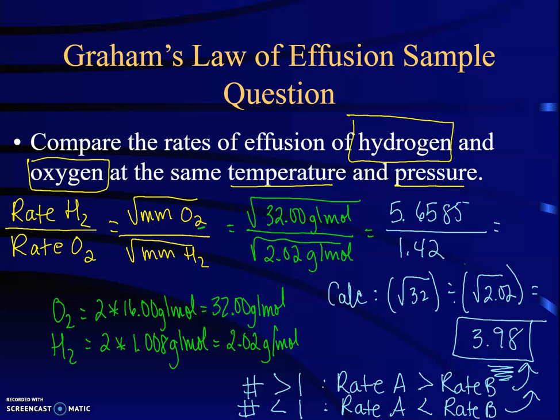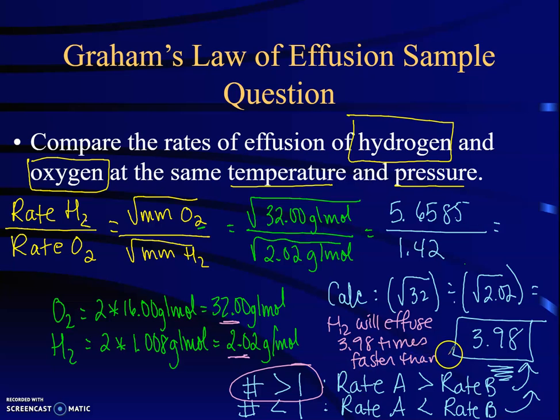So this number is indeed greater than 1. Hydrogen, we know, is smaller than your oxygen molecule. So that means hydrogen will effuse 3.98 times faster